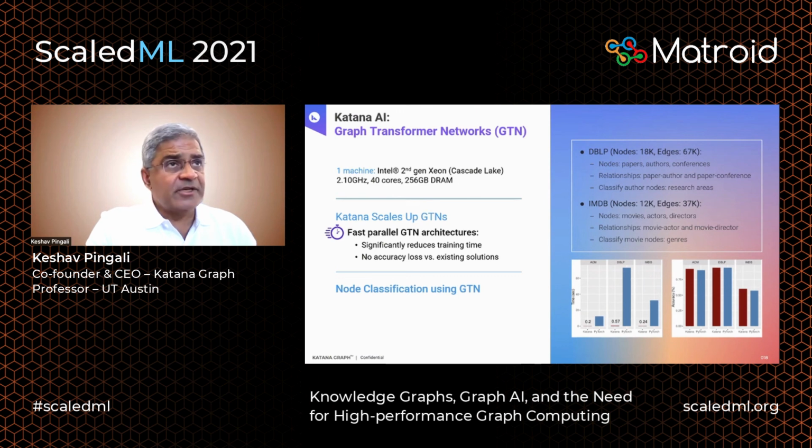We started with a PyTorch implementation, and then it wasn't performant enough, so we implemented our own. And the charts at the bottom show you the training time, so it's a lot faster than the corresponding PyTorch implementation. And we get this faster training time without any loss of accuracy, as you can see in the charts on the right. So part of the secret sauce over here is that our guys came up with a new strategy for sampling paths in the GTN without losing accuracy.